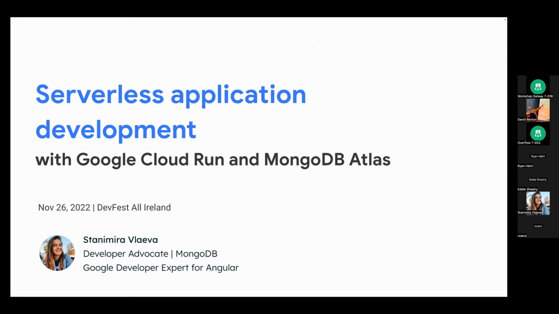Thanks, everyone, and welcome. So my topic today is serverless, which I guess is a good follow-up from the previous talk. We're all here talking about Google technologies. I will also talk a little bit about MongoDB because I work at MongoDB, as you can guess from my sweatshirt. I'm also a Google developer expert for Angular, so we'll have just a little bit of Angular for everyone who